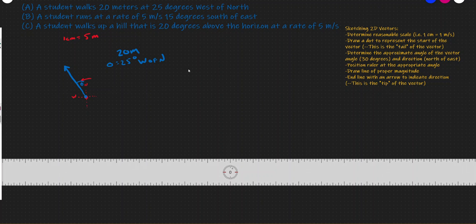Okay, we can do this 5 meters per second. We'll do this in a different color. Set up our little compass again right here. Okay, so 5 meters per second, we'll say 1 centimeter is equal to 1 meter per second, right? Because I can draw a line 5 centimeters. 15 degrees south of east. Okay, so here's east, here's south, so I want to go that way. 15 degrees, again, here's 45, so 15's maybe right here. Okay, tail, and I want a 5 centimeter line now because I'm going 5 meters per second, so let's go